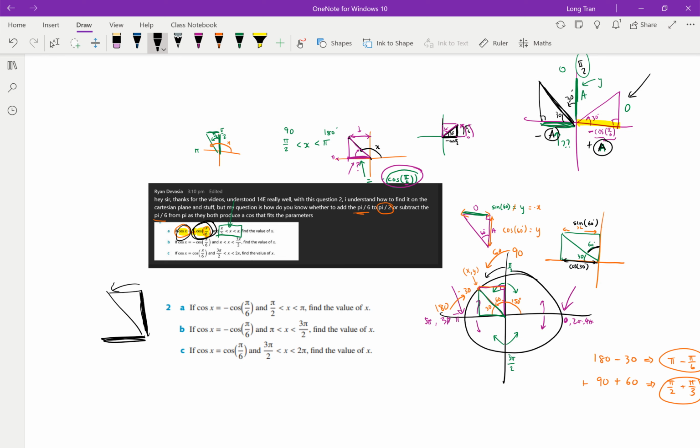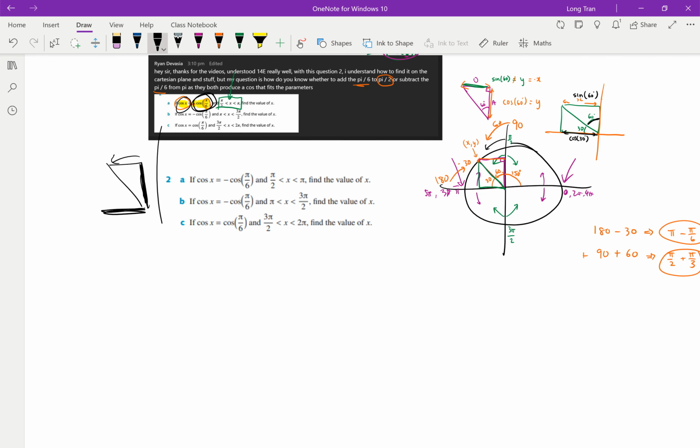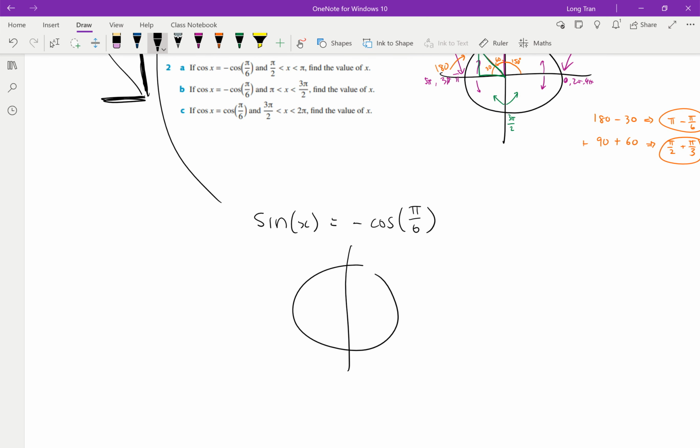If they had written it a different way, if the question was like this, sine of x is equal to the negative cos of pi on 6, then you are absolutely correct. You would have the concept correctly, and that's more of a year 12 question, where you have to find x where it's the sine of an angle, and that's when you have to work